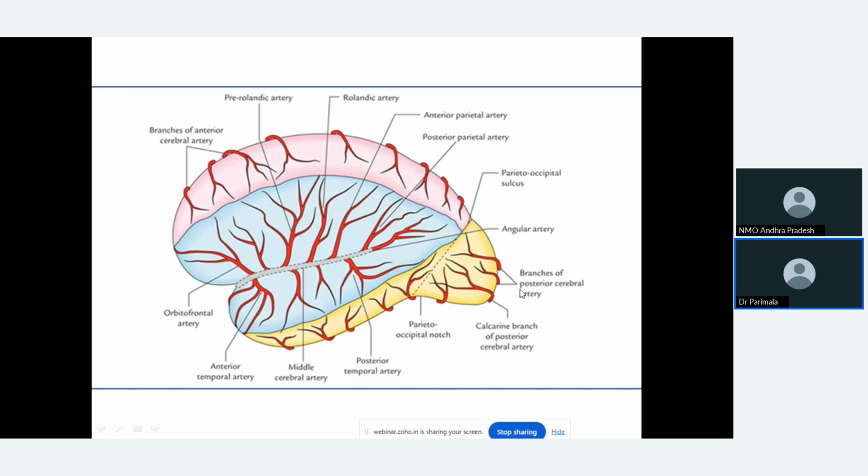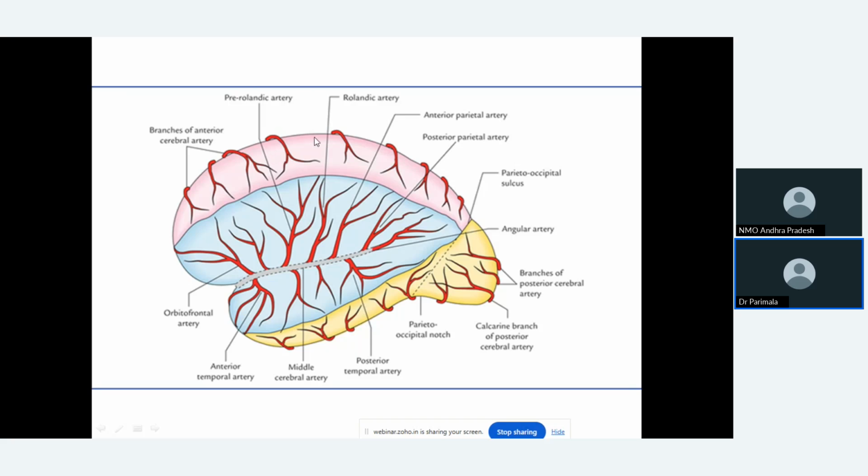So three important points, all of you remember. The major part of the body is represented here. So any injury or any clot or thrombus in the middle cerebral artery causes hemiparesis or hemiplegia of the opposite half of the body, and loss of sensation of the opposite half of the body, because the motor cortex, sensory cortex and premotor area are all affected. The auditory area is also affected. Auditory function is also affected. Wernicke's area is affected, motor area affected. So these are the areas supplied by the middle cerebral artery.